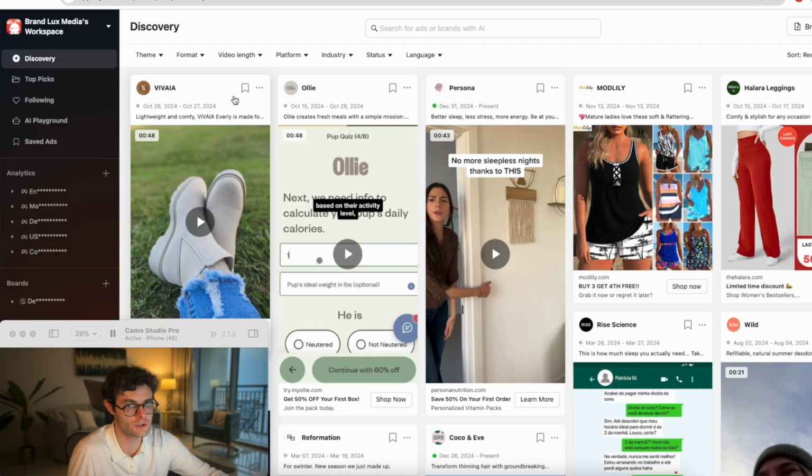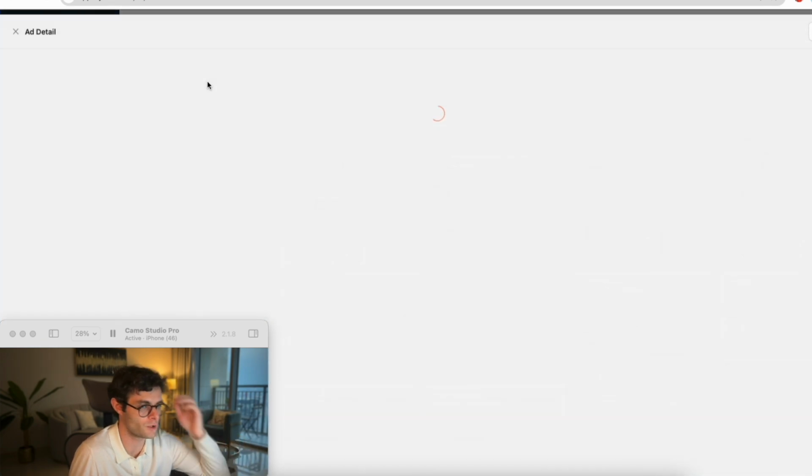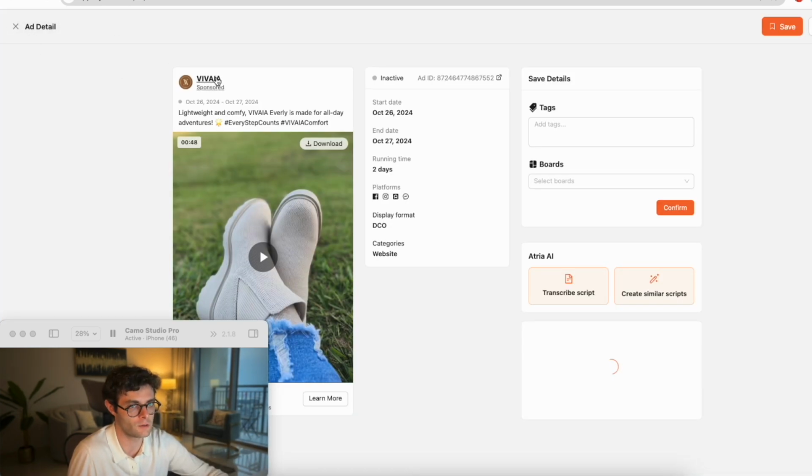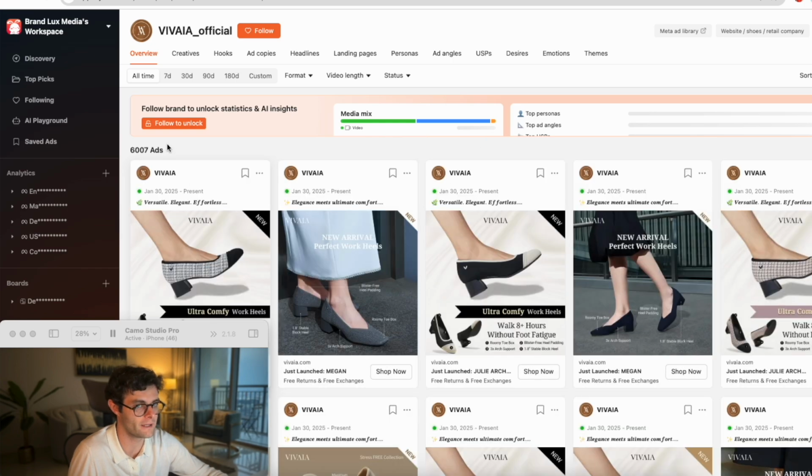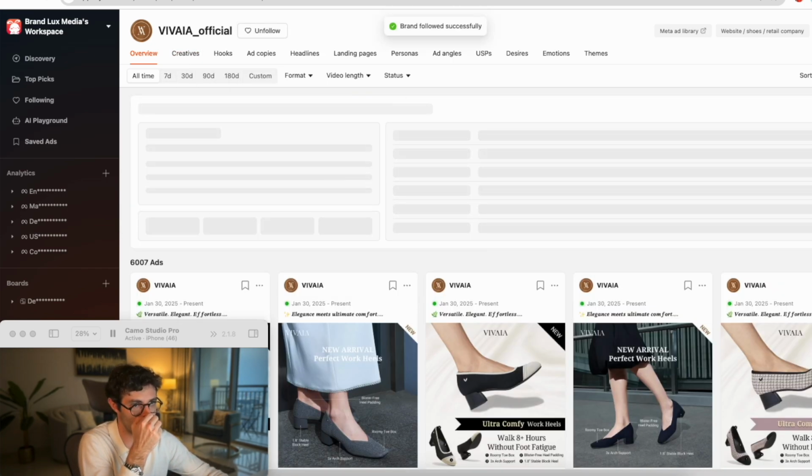In this tool, we have some clients on it, not every client, but we do have some clients here. I cannot show you their metrics. It doesn't make any sense. I sign NDAs, but essentially this is what you're going to see within your ad account. You can click on a brand. It could be your brand as well. In this case, I have to follow the brand to get more information, but if you hook up your account on Atria, you'll be able to find winning hooks,